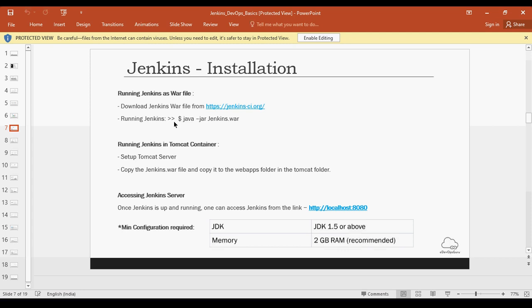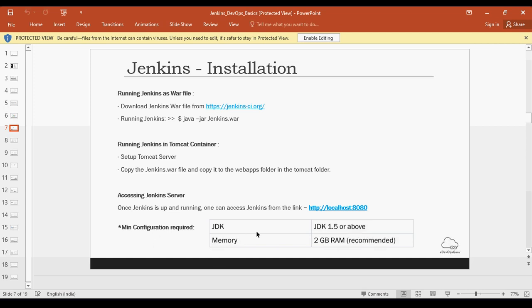If you want to run Jenkins in Tomcat, these are the high-level steps: set up the Tomcat server, then copy the WAR file into the webapps folder of Tomcat, and it would automatically start running.